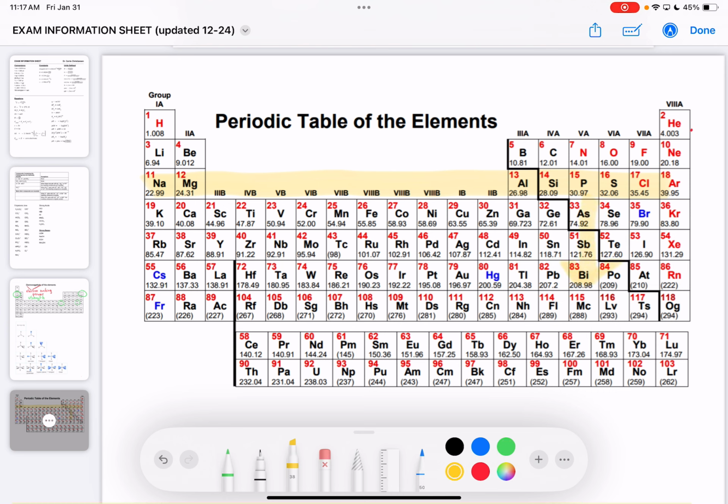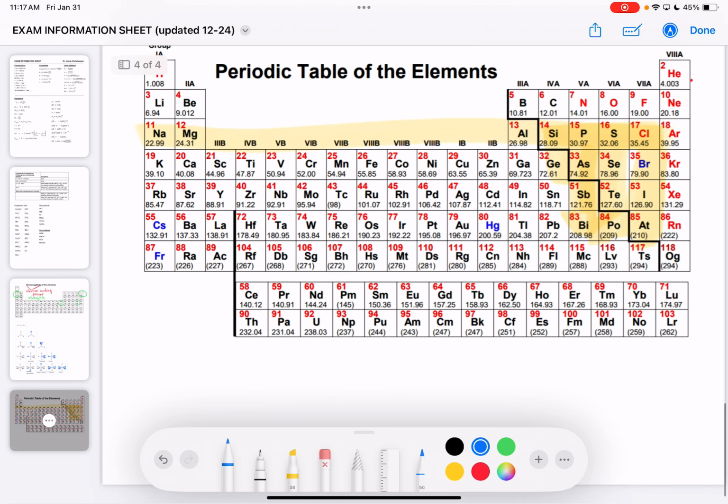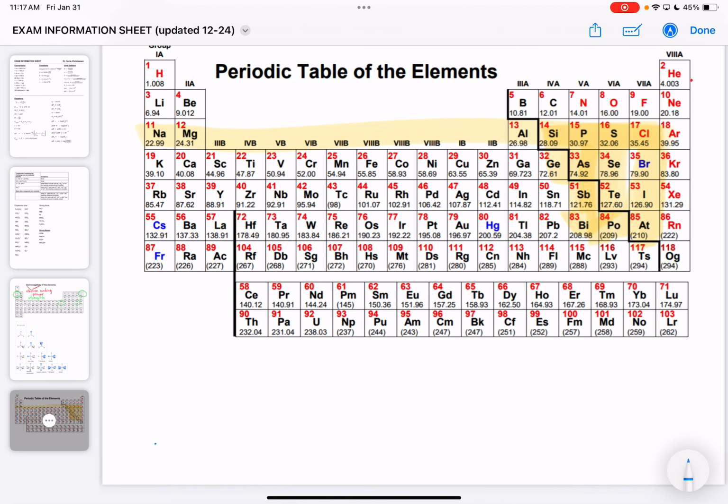All right. Now, technically, we're really just talking about the nonmetals over here, because those are the ones that are forming covalent bonds. But for your memory, think of it as the third row and further down. Why is this? If we look at the orbitals of sulfur versus, say, oxygen,